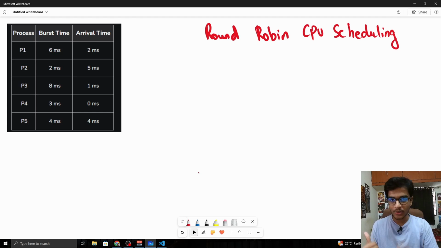We'll go with what we are dealing with. We'll work out an example, we'll calculate the turnaround time, waiting time, everything. We'll calculate the boundary conditions, then we'll move on to the code so that you guys can understand it very easily. Okay, so with round robin CPU scheduling, there's one thing that you have to understand, that all the processes